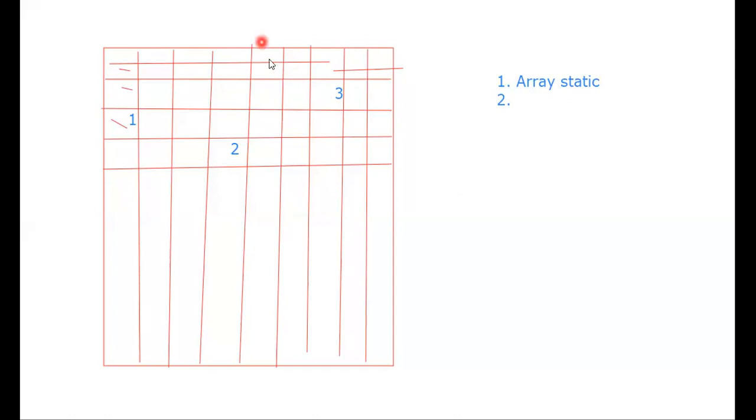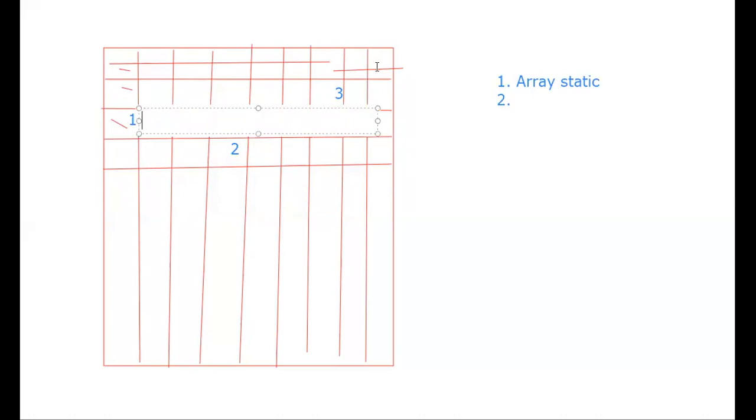Now, as I said, in a linked list there are two parts. One is the data, which friend is staying in which room, and the second is the connection or link between them. If friend 1 stays here, there will be a link or connection from friend 1 to friend 2. If friend 2 stays here, there will be a connection from friend 2 to friend 3. Now normally this connection is not like this. What we actually do is store the address of each person. So instead of drawing arrows like this, in the room number of the first person, let's assume this is the room number,